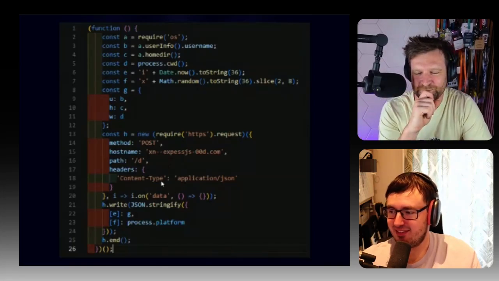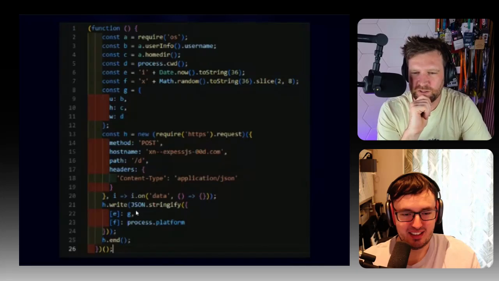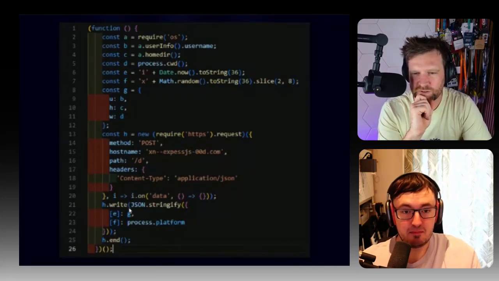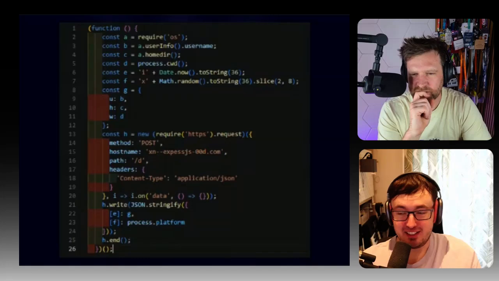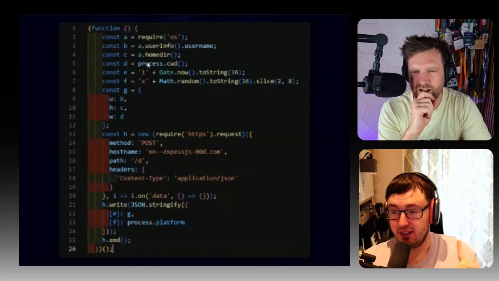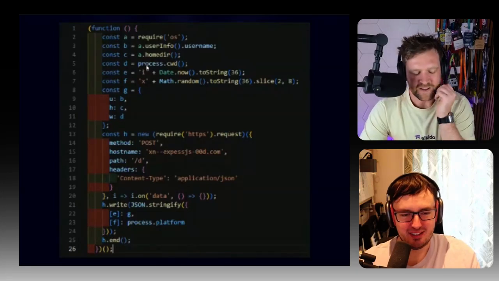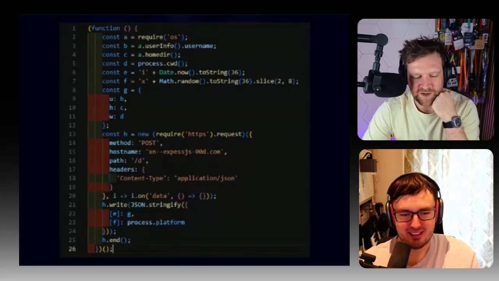Yeah. And then it just sends this data as JSON. And what is this ultimately doing? Is it trying to load in that malicious package? Or no, it's actually just sending data. It's just sending this data, like the username, home directory, current working directory. Yep. There's a lot of effort for that. Yeah, there doesn't seem to be anything particularly spicy that it's capturing.